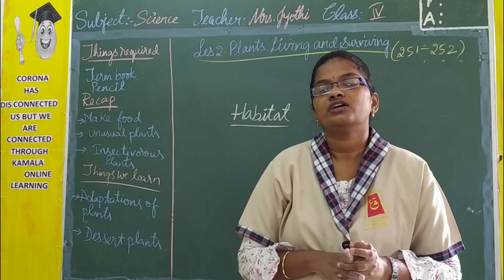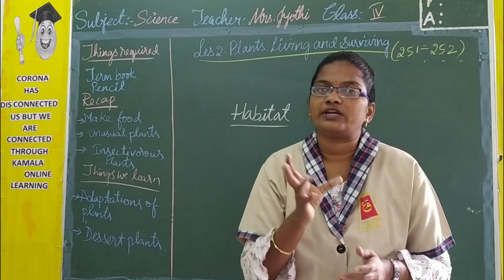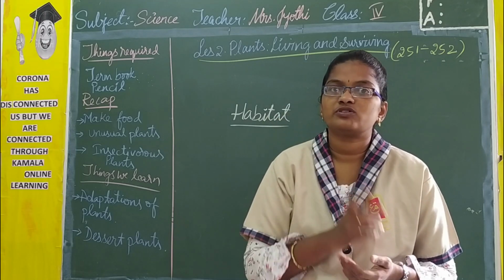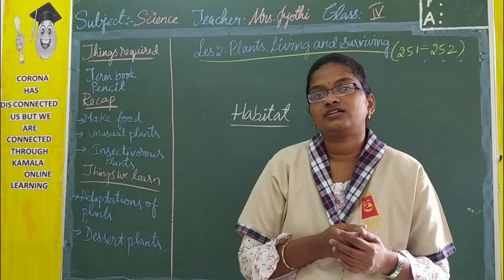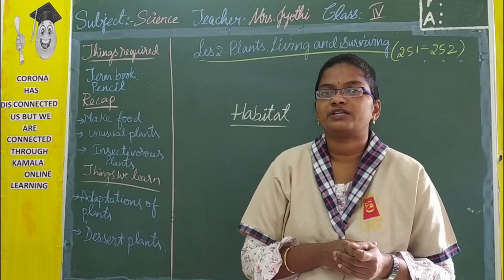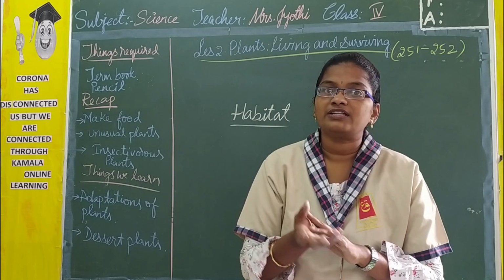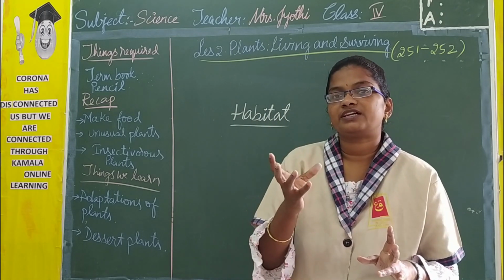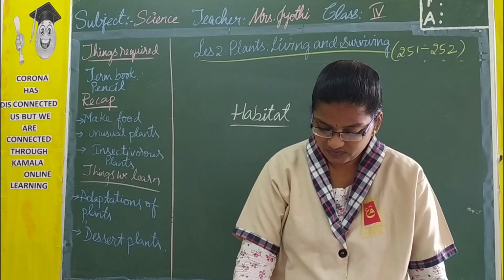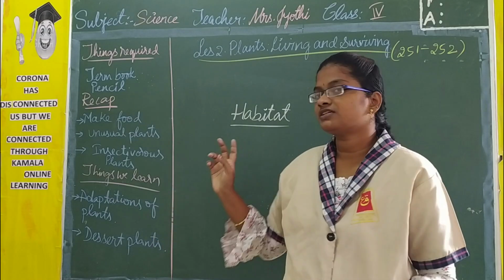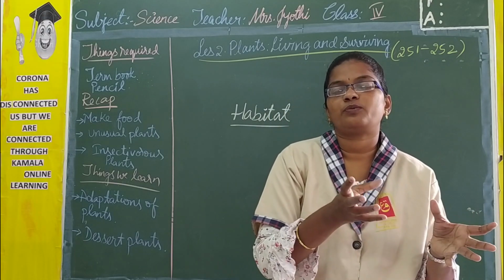a continuous snowfall. So in such places there is less quantity of water because every time the snow falls the climate is very, very cool and they do not get proper amount of sunlight to prepare their food. So in those conditions there are again different plants based on the climatic conditions, and they grow in different regions. So here habitat means any living thing which is able to grow in a proper place.